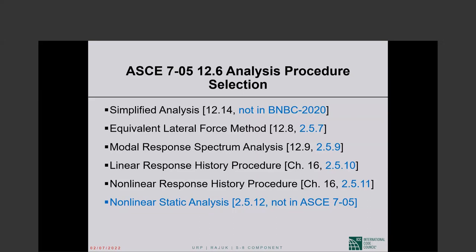Response history analysis simply means that you subject the base of your structure to acceleration histories of ground acceleration, or ground acceleration as a function of time. And these time increments have to be very, very small for you to have accurate analytical results. So the base is subjected to a history of ground accelerations, and we compute